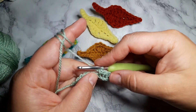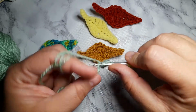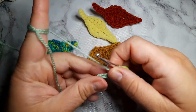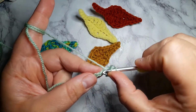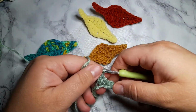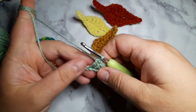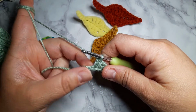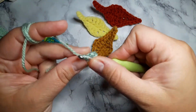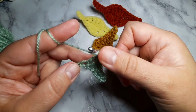So this is how they get pointier. Then we will do 1 half crochet stitch, then we will do 1 double crochet stitch in the next stitch. Can you see how the shape of the leaves start showing? And then in the next stitch we will do 2 treble ones. So yarn over twice, and now in the same stitch